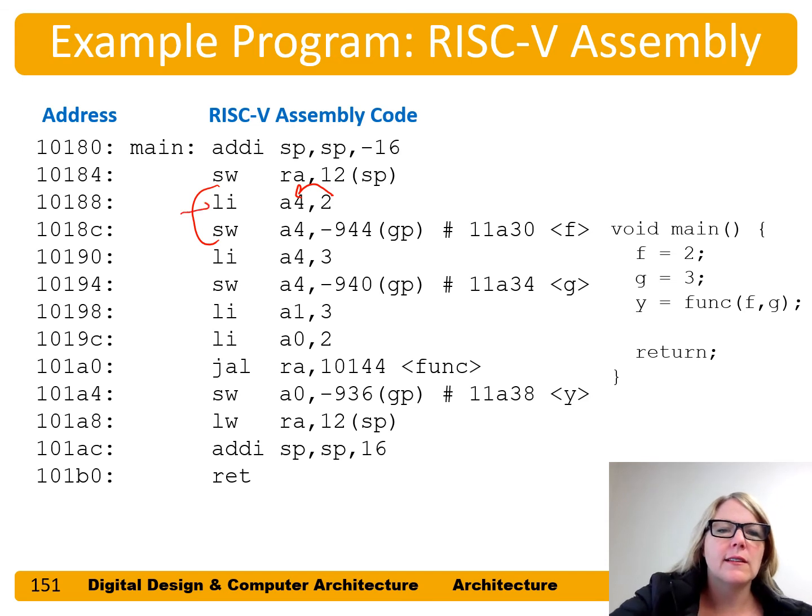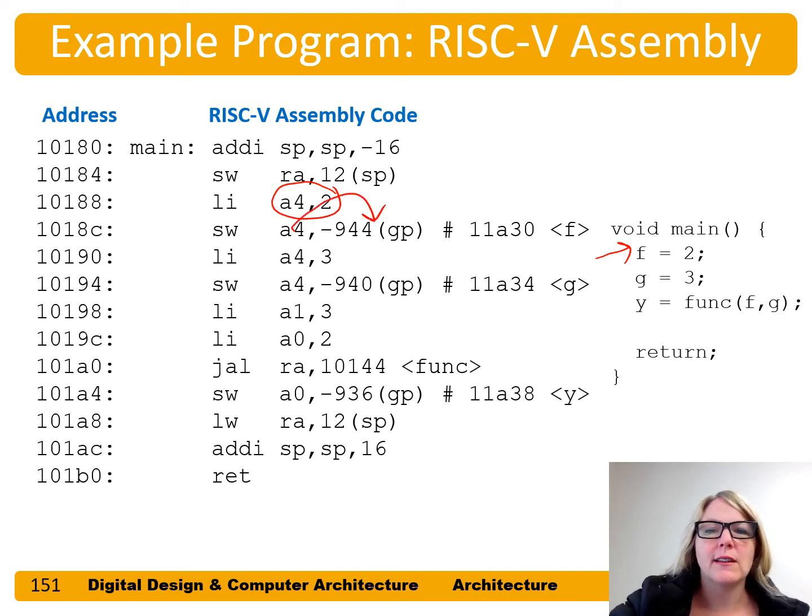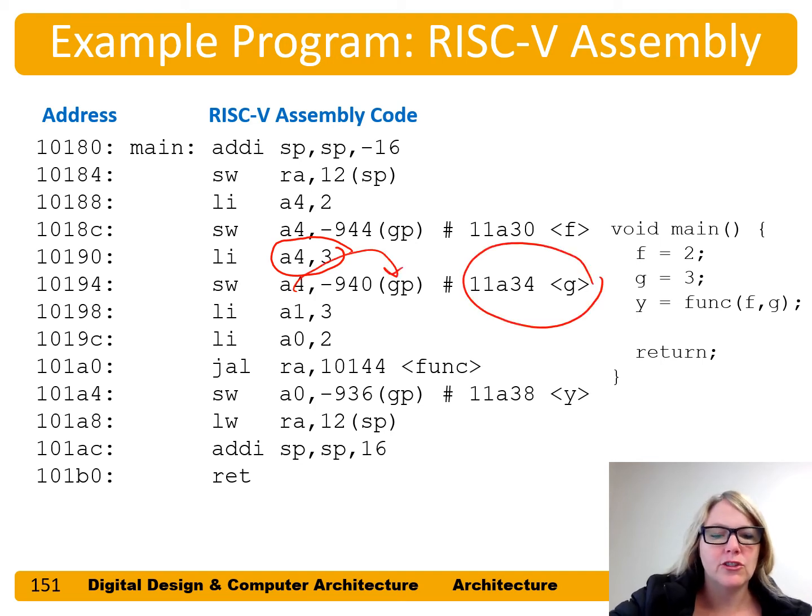It uses the pseudo instruction load immediate, but because 2 is such a small immediate, it can use the add immediate RISC-V instruction. So f equals 2 puts 2 into A4 and then stores A4 into the memory location that's been allocated for the variable f, and does a similar thing for g, puts 3 into A4 and then A4 into the memory location allocated for g, which is hex